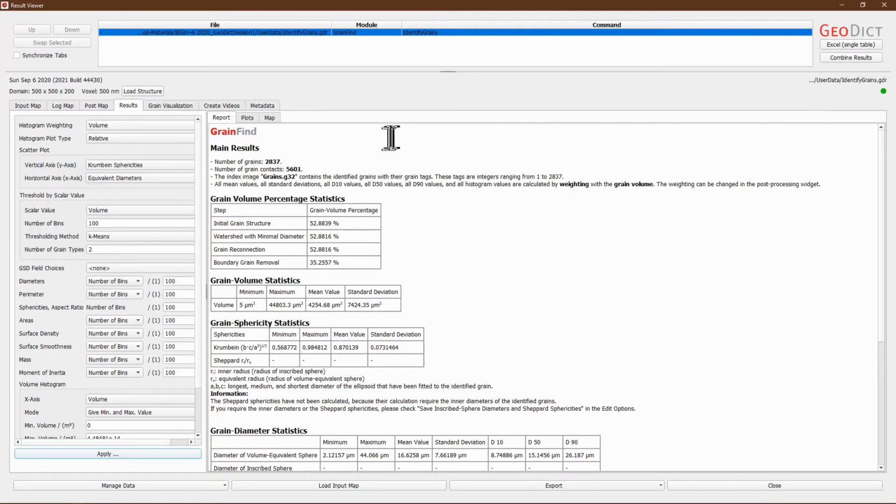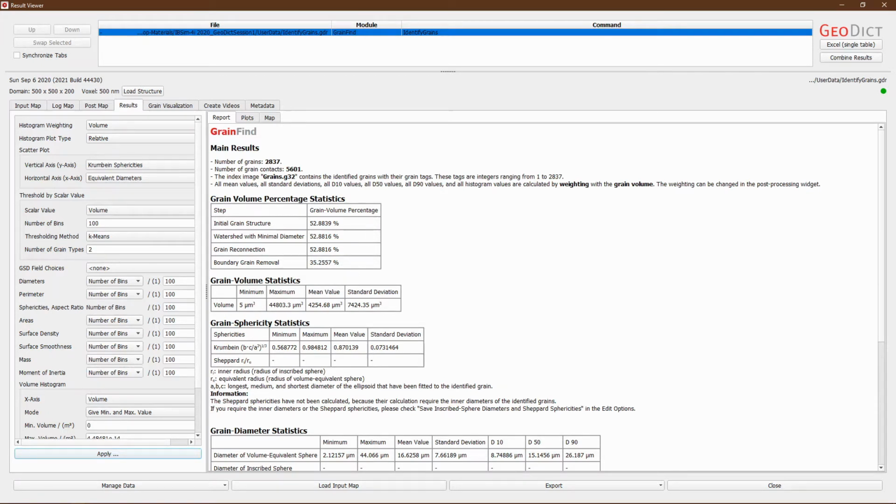The actual technical results include, for example, that 2,837 grains were found and there were 5,601 grain contacts. The individual grains can be loaded from a file that we will go through in a moment, and there are various statistics available right here.